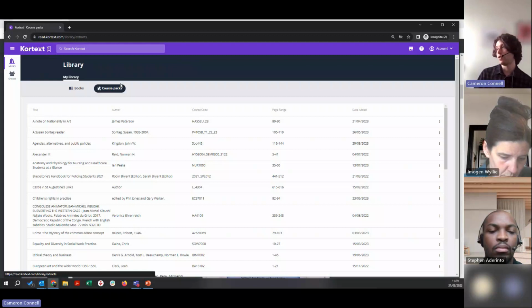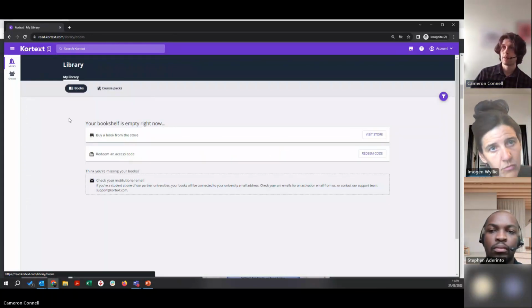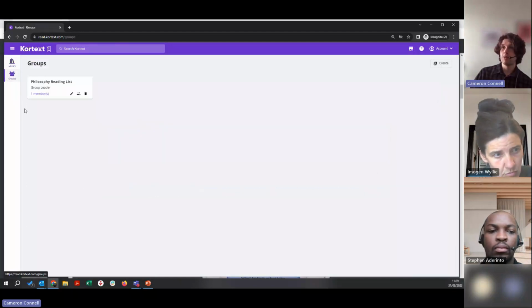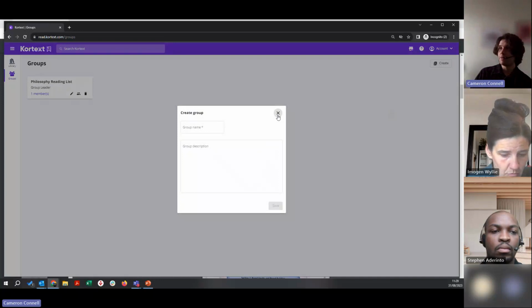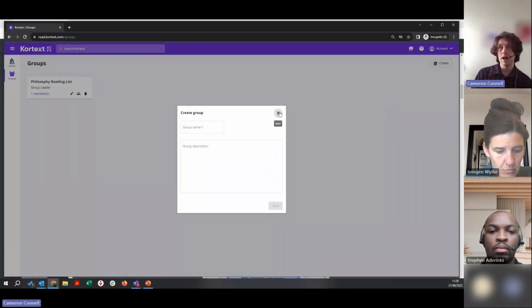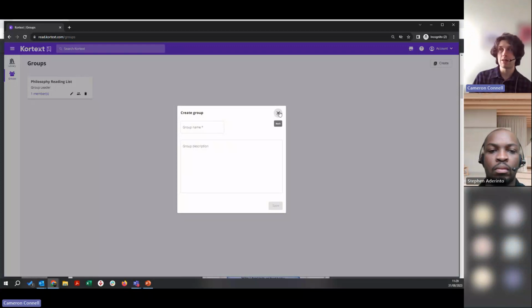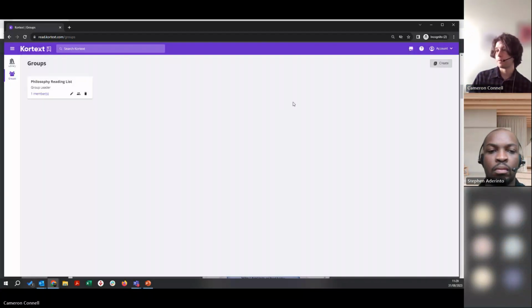But the student who was signed into the reader will be able to see all the links that they have previously opened. And if I jump over here to groups, this is the one I made earlier, and they can also create different groups and add other students there if they want to share certain extracts from their reading, or if they've got a reading group, then they can do that using the groups function.